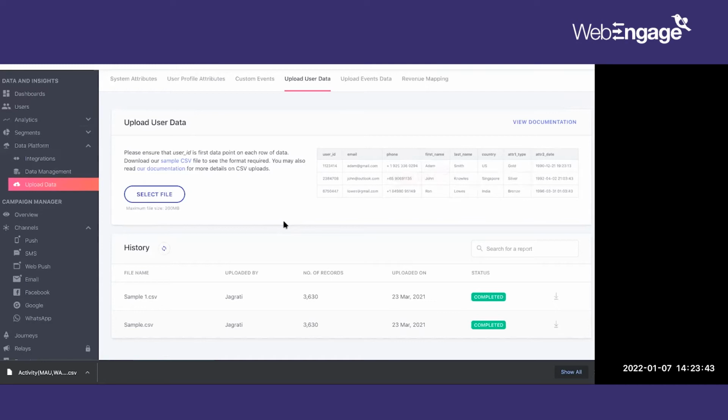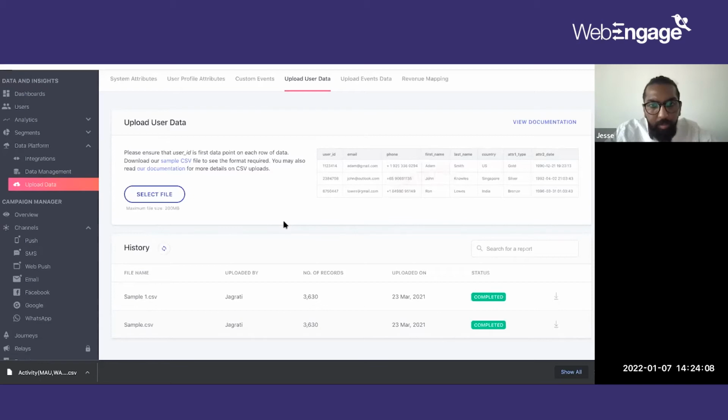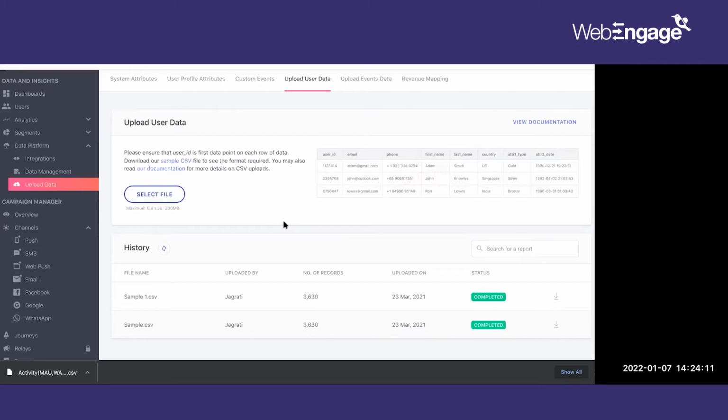For past historical data, it's difficult to have the events data captured, right? So we're just uploading the customer user data. Now, let's say I am the customer and I've given a mobile number and an email address. Obviously email and SMS would be the channels in the green check mark. But let's say web push notifications are crossed right now. Will that get automatically updated when the user logs on again now that WebEngage is integrated? Will it give him a pop-up automatically?